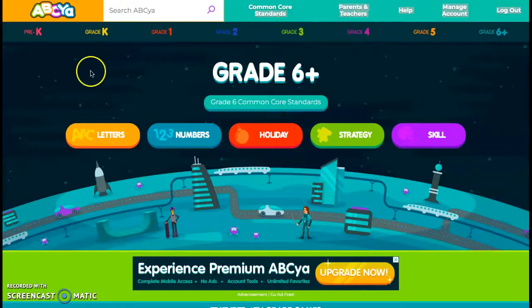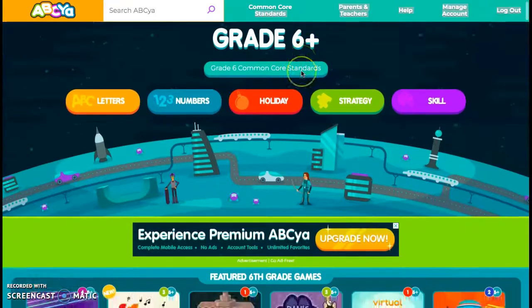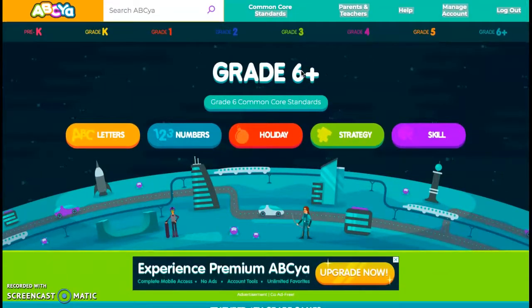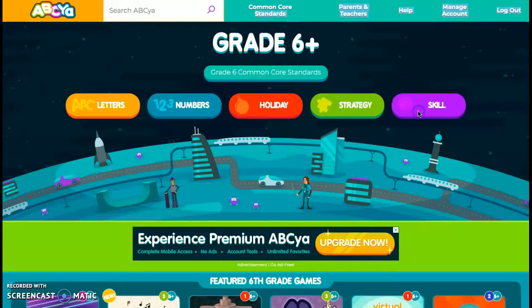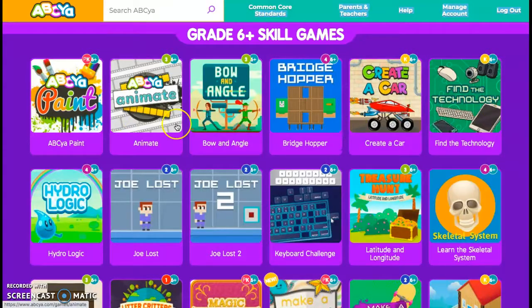It's free to sign up, but you go through and you can see that there's different sections for pre-K all the way to 6th grade plus. I teach middle school art, so I went ahead and chose 6th grade plus. And as you can see, it's broken down to different sections between letters, numbers, holiday sections, strategy games, and skill games. If I went and clicked on skill games, you would have a bunch of different games that come up,